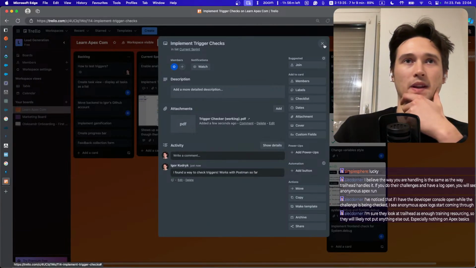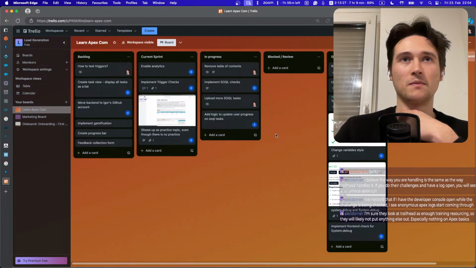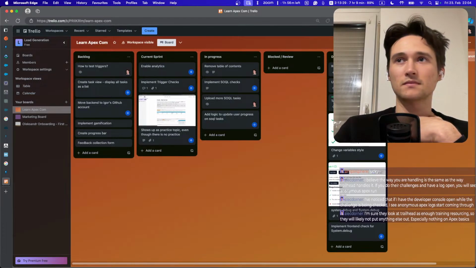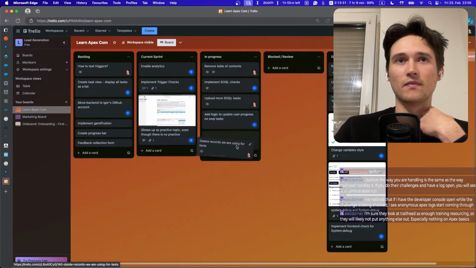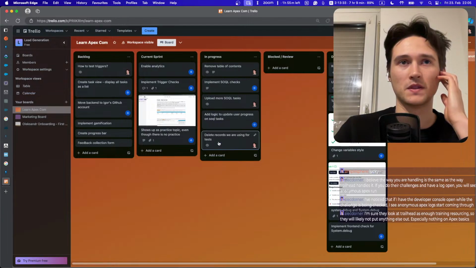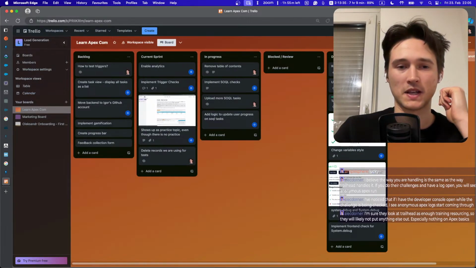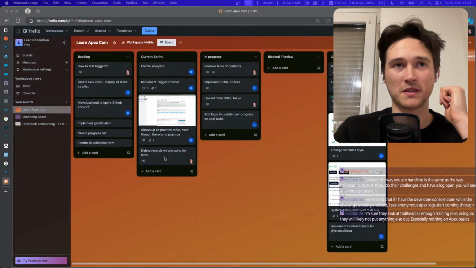Nice. And that's for Sasha. Okay, this goes into current sprint because I don't need to implement this, because this is quite big. So this is the problem where